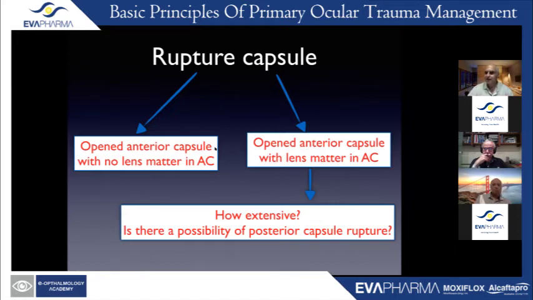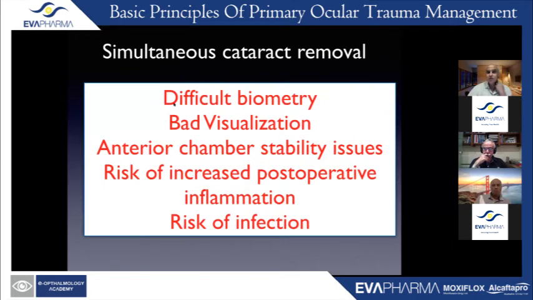You have to really give it a good thought. Why? Because if you do simultaneous cataract surgery, I mean you have a patient with a ruptured globe, open anterior capsule, and traumatic cataract, what should you do? If you repair the wound, this is your first objective, and you will ask yourself, should I remove the cataract or not? Sometimes you have to, but you have to remember the problems of removing the cataract